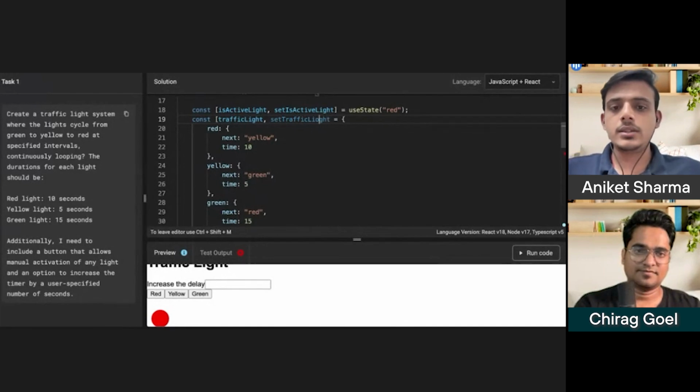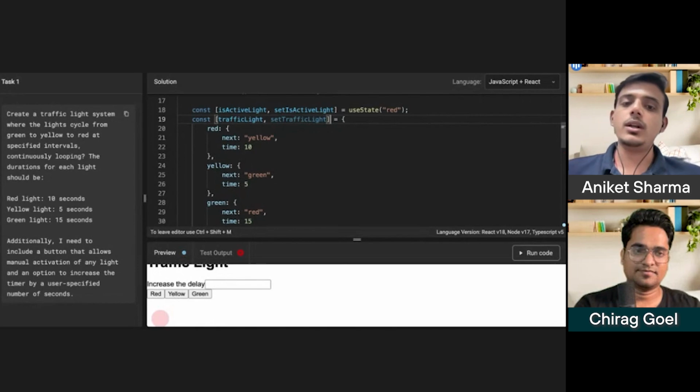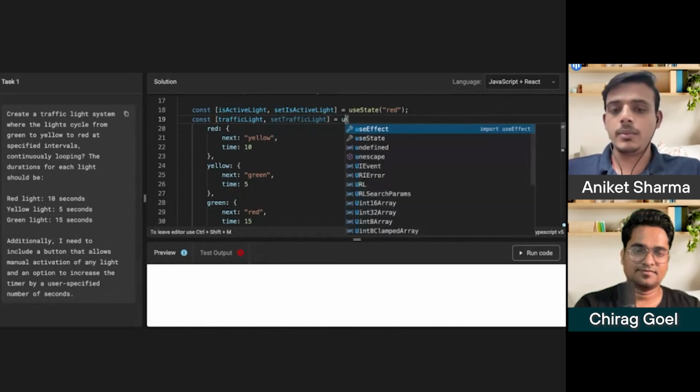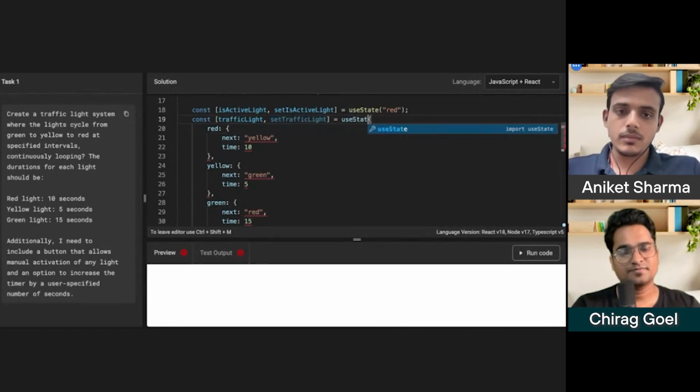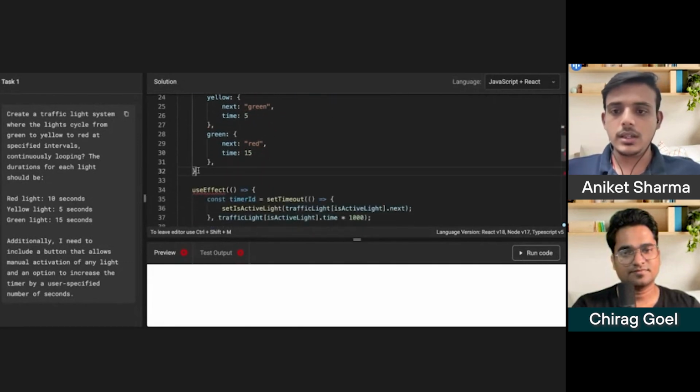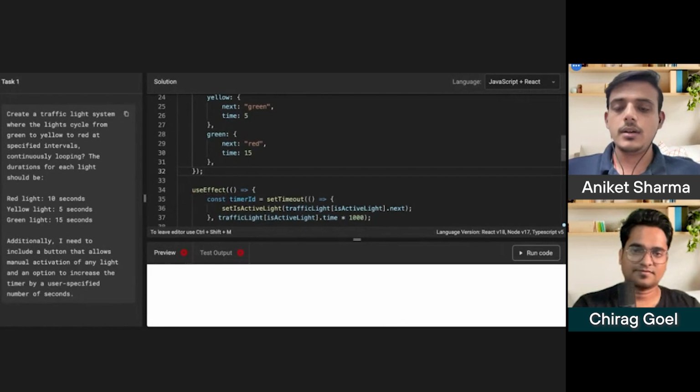As we are making it state, the future condition which you have highlighted, what if it is coming from an API call, we can also use this set traffic light method in order to set that in future. Okay, so this is the initial state of the traffic light.